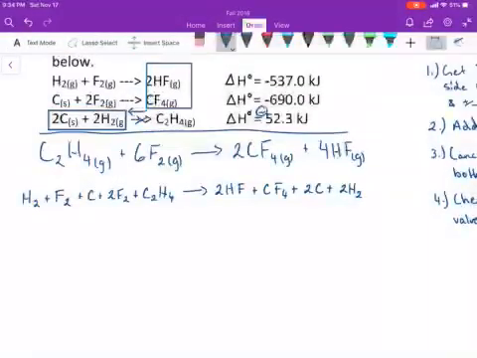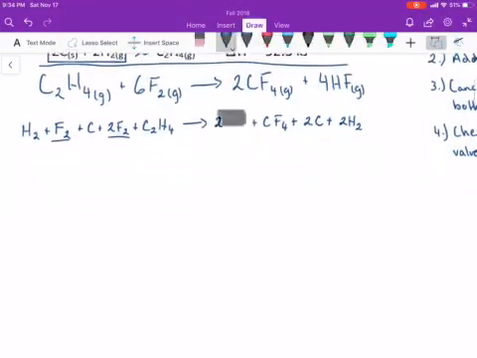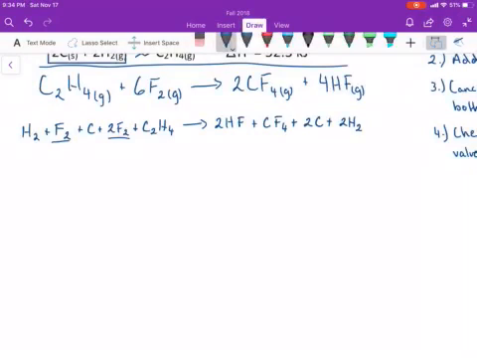Part of adding up is looking and seeing we have 2 F2 molecules, so we're going to add those together. And over on the product side, it looks like we don't have anything of the same. I just do this so I don't mess up. You don't have to. So, H2 plus 2F2 plus 1F2,